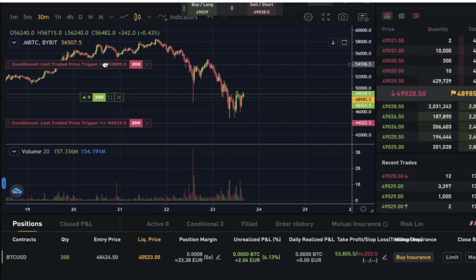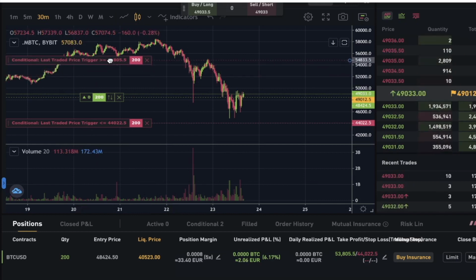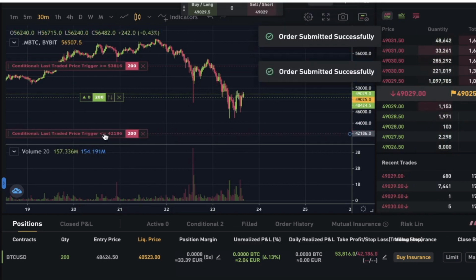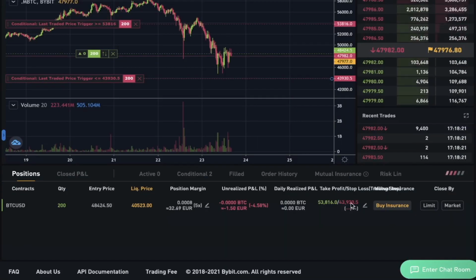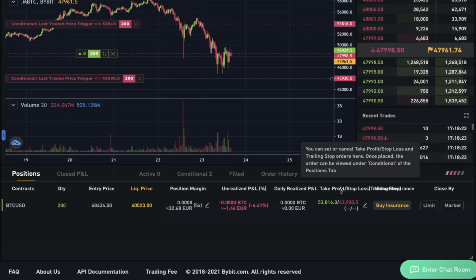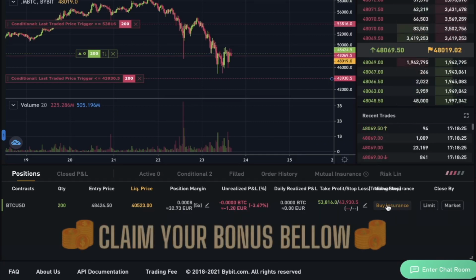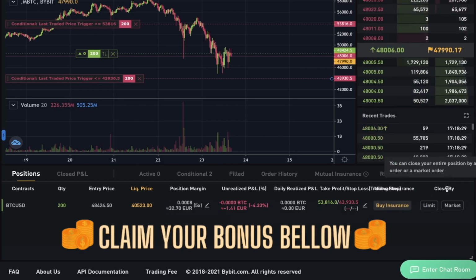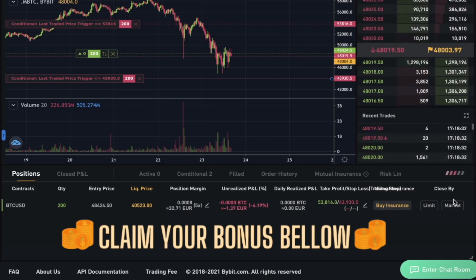This top one is your take profit. You can also move it up and down, and your stop loss here also can be moved up and down. Down here where you have your position, you can see there is take profit and stop loss. At the right side there is buy insurance. We will cover this afterwards in the tutorial, but if you want to close your position immediately, you can press